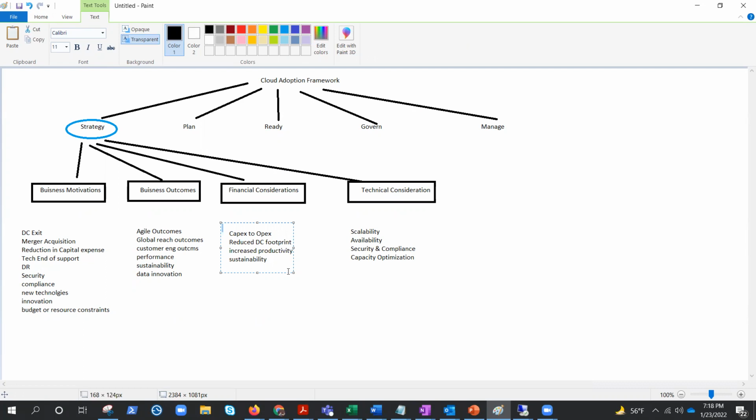So, we have seen how finance is affected when you migrate to the cloud or build a business case to migrate to the cloud. When we start building the business strategy right here, financial consideration will help us drive it by building the business case, which would be more or less like asking questions, just like in motivation and outcomes. So what kind of questions will come here? It would be more like, how much does it cost to run my environment today? What am I spending on servers in an average year? What am I spending in my data center operations categories?